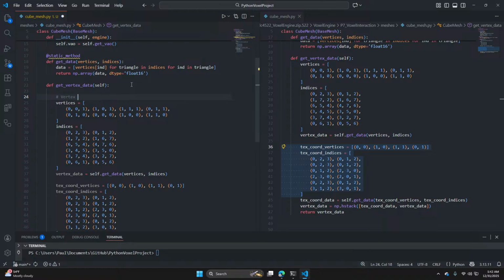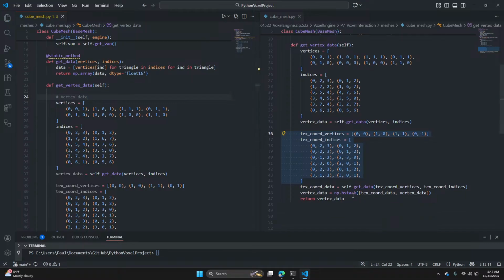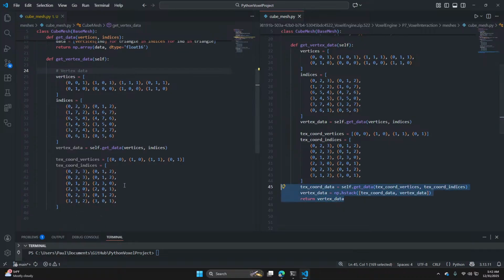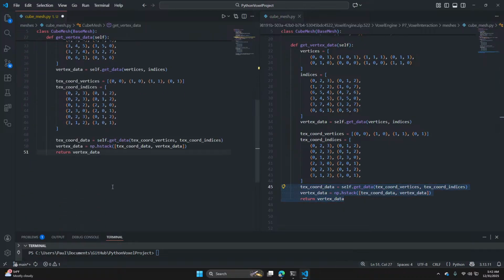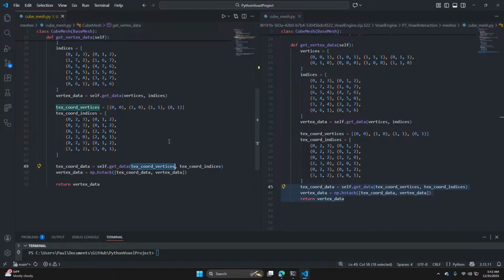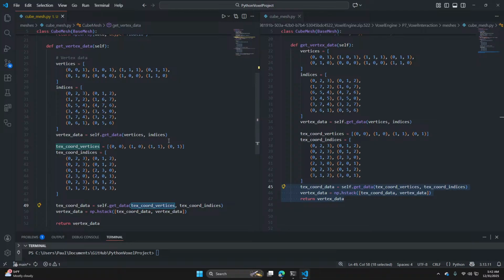Vertex data. Guessing this is not... sure what this is for. Fine. Hmm.